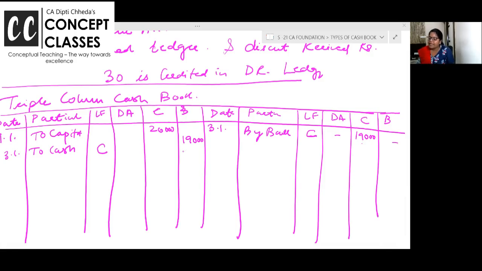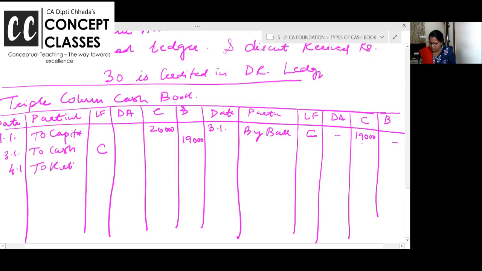Next. He received a check from Kirti and Co. Okay. Kirti and Co, say he has received the check on 4th and he has paid this check in the bank on 7th, 600. Now the day you pay in the bank, that is the day you record in the bank column. I hope you are getting. Some party has given me a check. I kept that check in my drawer and after 3 days I have put it in bank. So now what? 600 rupees on 4th of January